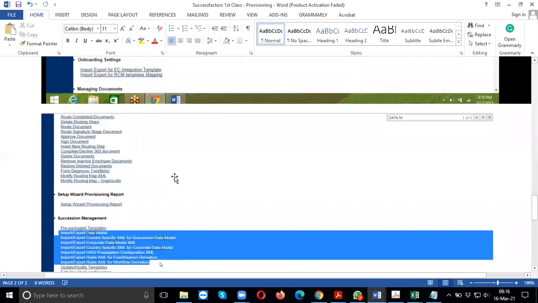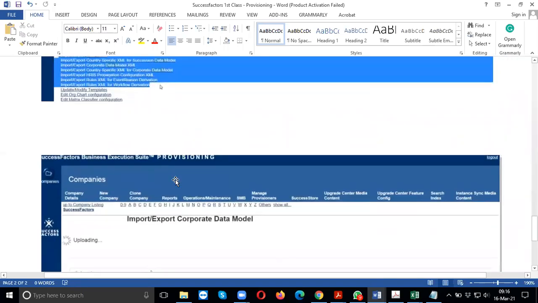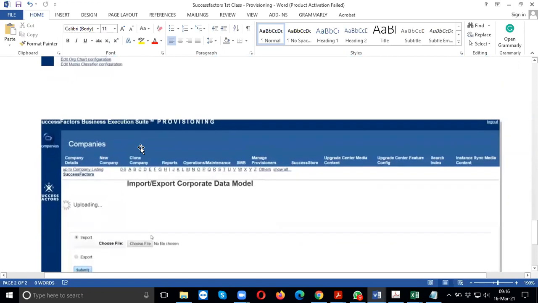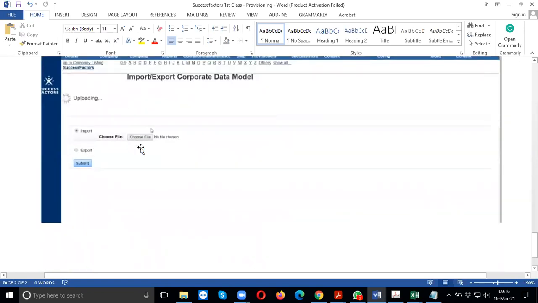So this part is over now. Once the company is implementing the data models, the second screen looks like this. So they get two options to import the data models, either by XML format, or by a CSV format, that is an Excel format. So they get two options here to upload the data.